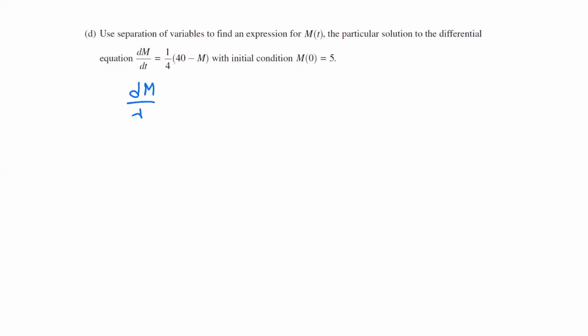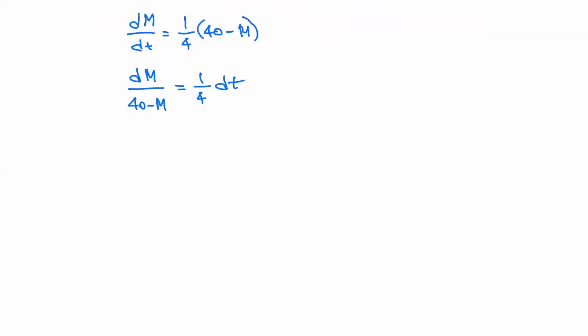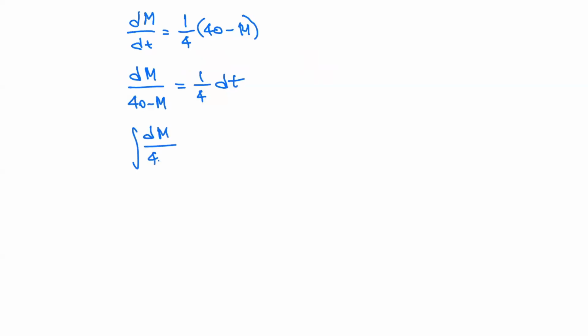So dm over dt equals 1/4 over 40 minus m. Separating the variables, we divide by 40 minus m and multiply by dt. So we bring m to the left-hand side and dt to the right-hand side. We get dm over 40 minus m is equal to 1/4 dt. Then we integrate both sides. We get the integral of dm over 40 minus m equals the integral